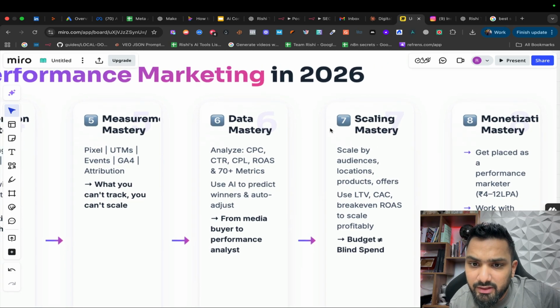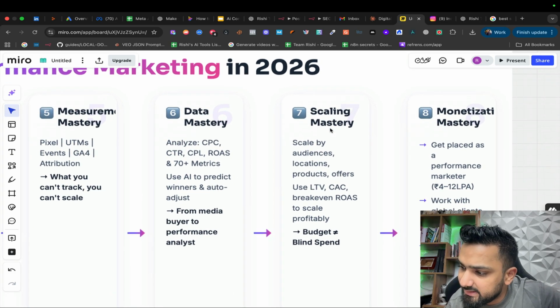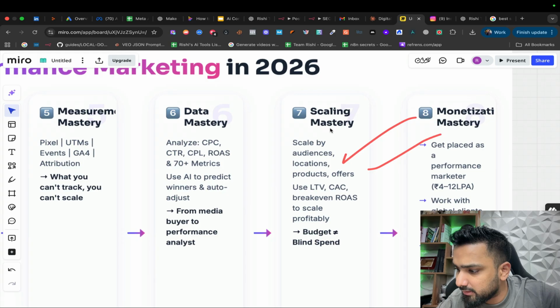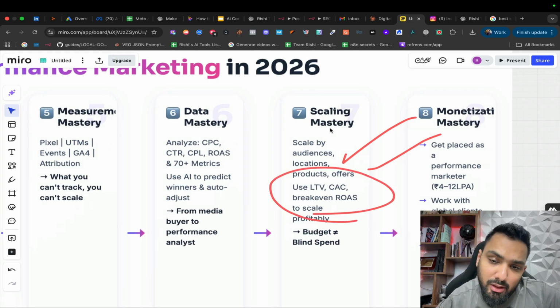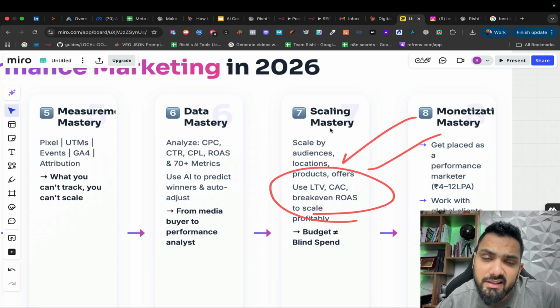The next one we have is scaling mastery. Now, what is scaling mastery? Basically, your capability of spending more budgets for your clients by increasing audiences, locations, products, coming up with offers, building the lifetime value of a customer, reducing the cost of acquiring a customer. But majorly, scalings are of different types. We've got horizontal scaling, we've got vertical scaling, and you need to be able to learn this well,